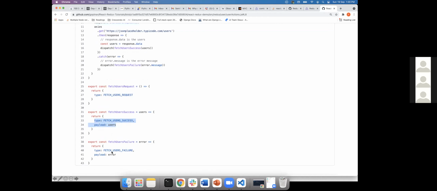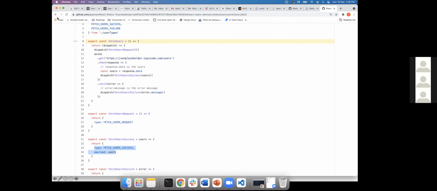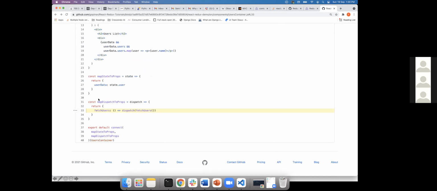Right, whenever we are, let me go back to that. I think this will be a little confusing. Watch it very carefully. Okay, mapStateToProps is fine. You can map any state variable into your component. So that means you can have 100 reducers and you can use all 100 in your component.